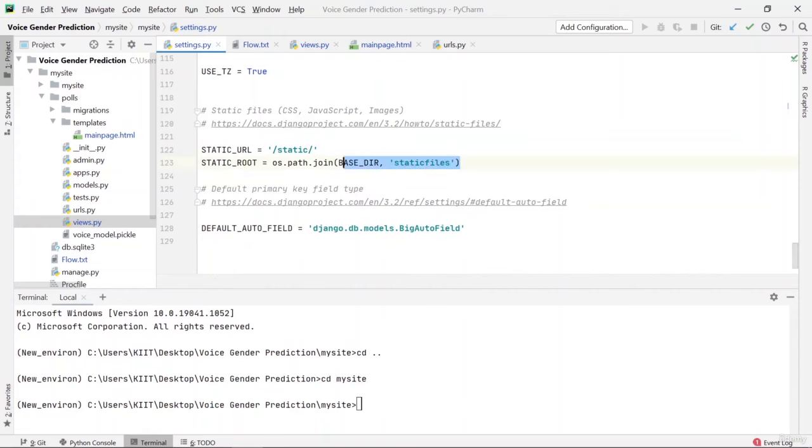Again, this line won't be present if you have just instantiated your Django project.